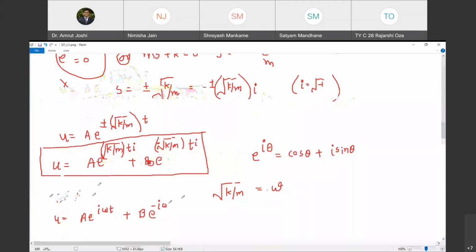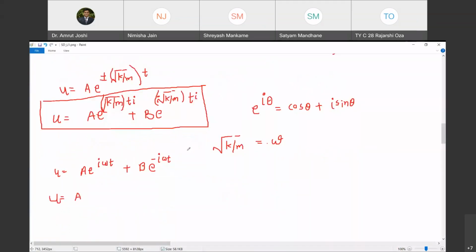e raised to i omega t plus b e raised to minus i omega t. Yes. Can I write it as, look at this definition, can I write it as cos omega t plus i sin omega t? Yes, sir. And can I write this b as,